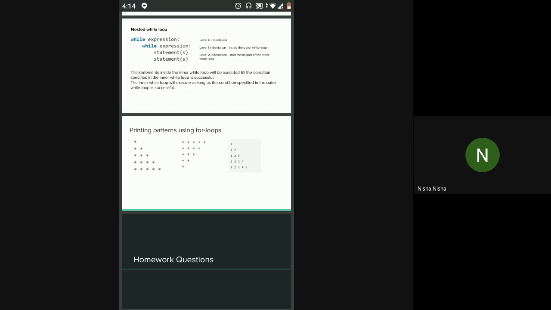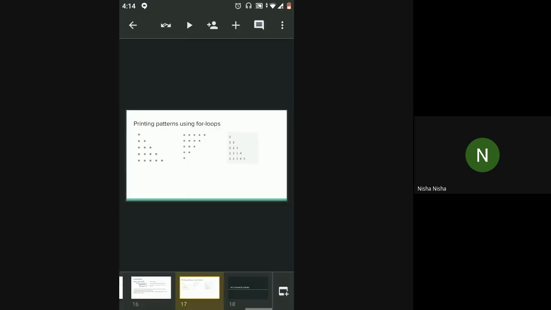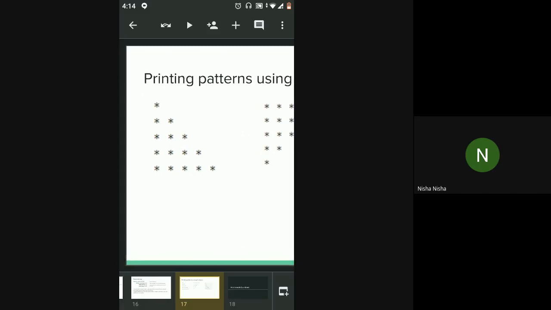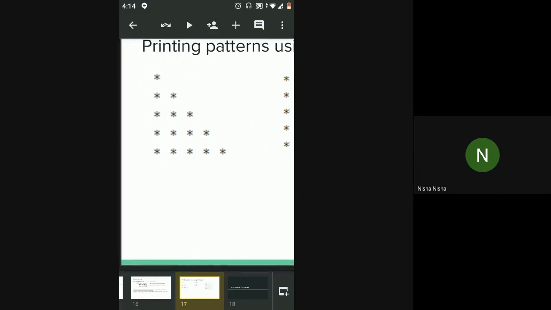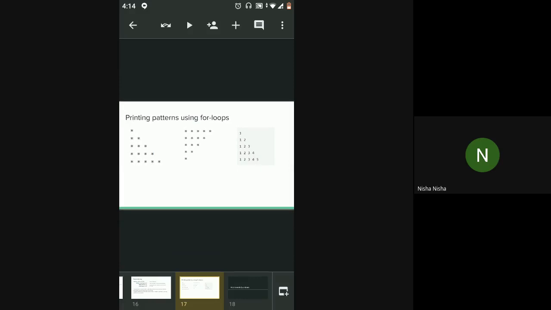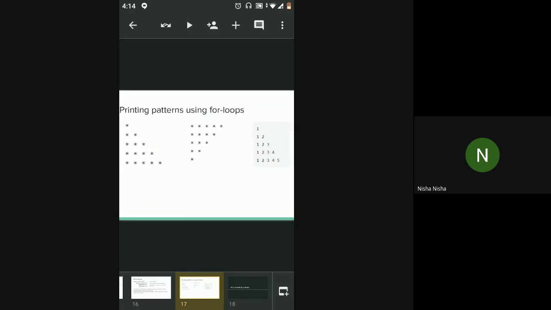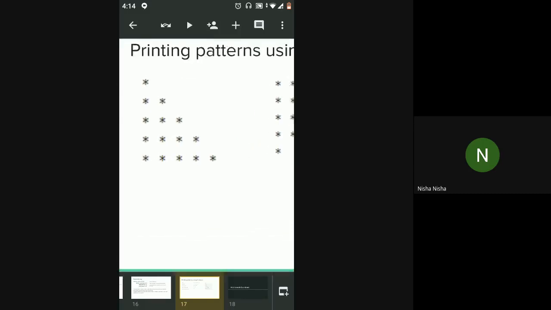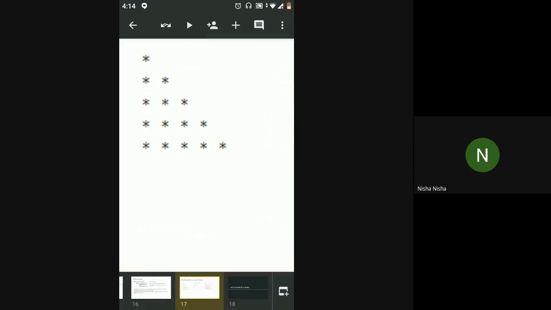This is also a nested for loop. For all these things, you'll require nested for loops only. So the question is, you'll be given a pattern like this, and you have to write the code to print the pattern. I thought we can take three patterns, and then maybe a little more complicated pattern I'll give you as homework. It's a good programming exercise. This was usually given to us when we were learning C++ in college. This is what used to come in the paper. So I thought it was a good, relatable example.